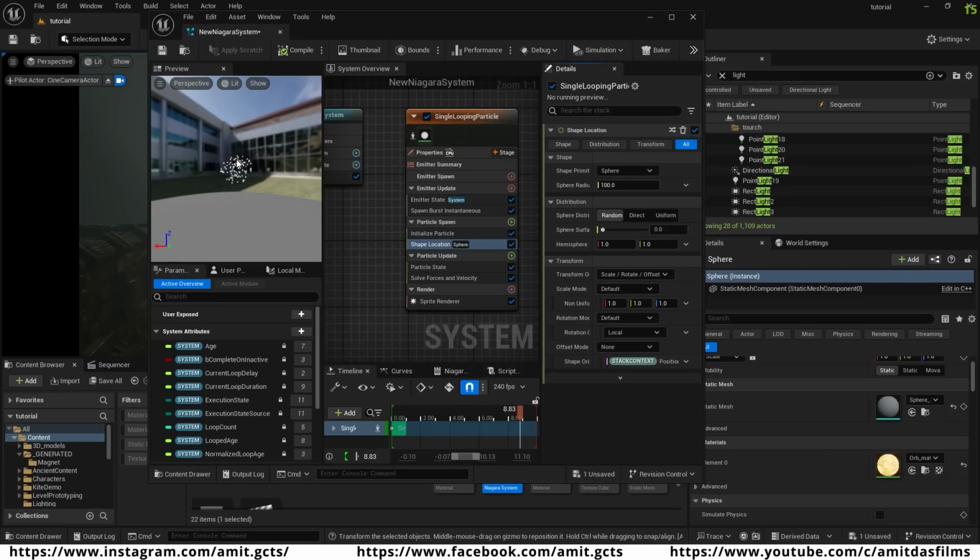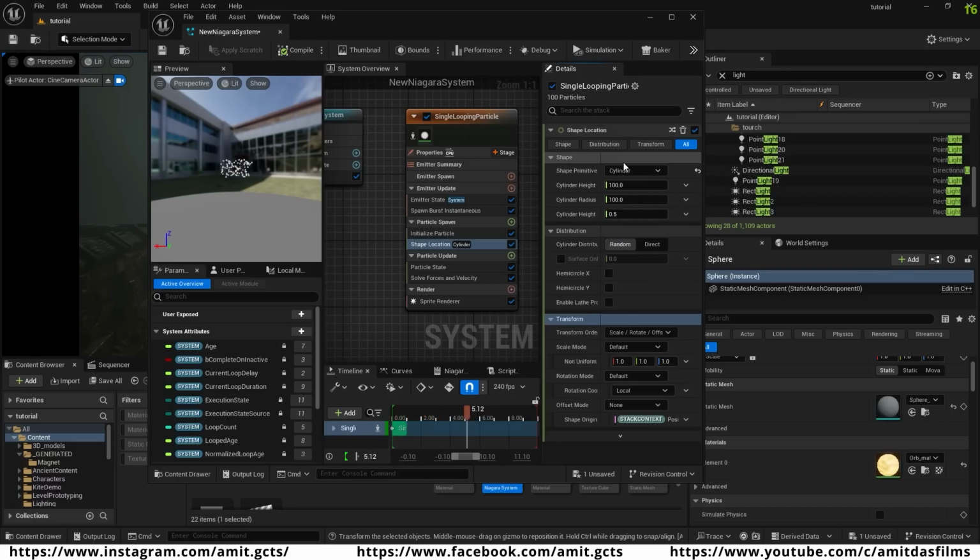So there is the 100 particles, and initially the particle spawn shape is spherical type. So we're going to change the shape. So we come over here after selecting the shape location, and then we go to its details panel here, and then we go to the shape option, and here is a shape option preset which is set to sphere. So we go to this drop down list, and maybe we're going to select this cylinder here,